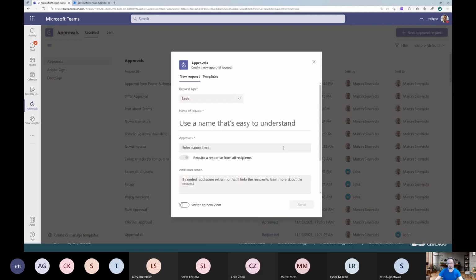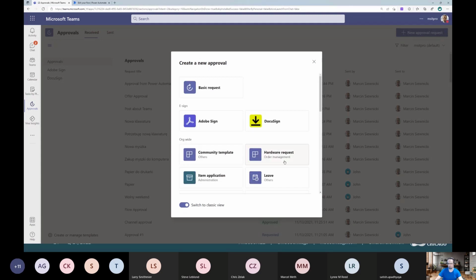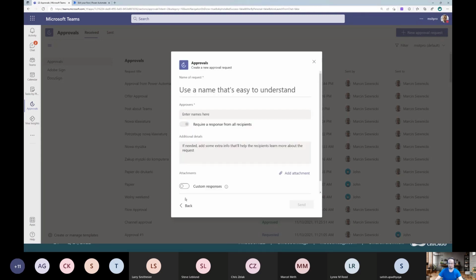Because this classic one automatically starts with a new request, but if you want to switch, you have to navigate through options. But if you use the new view, you can select at the first stage what you want. If you want to work with templates, e-sign, or maybe just start a basic request, and we create a basic